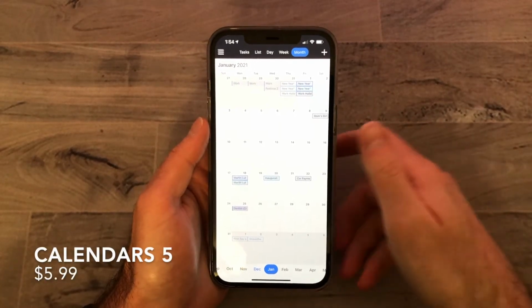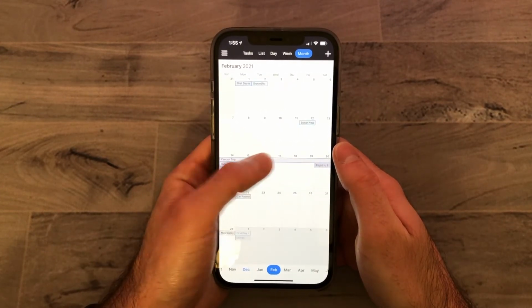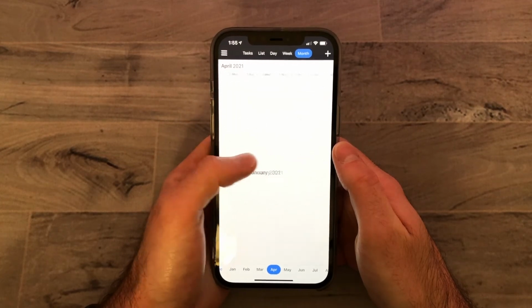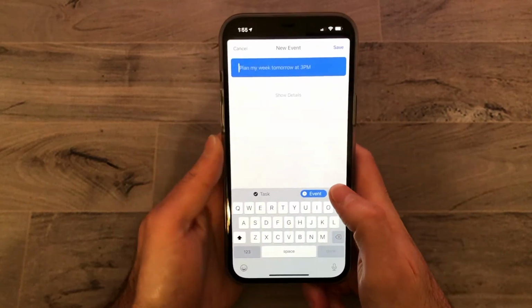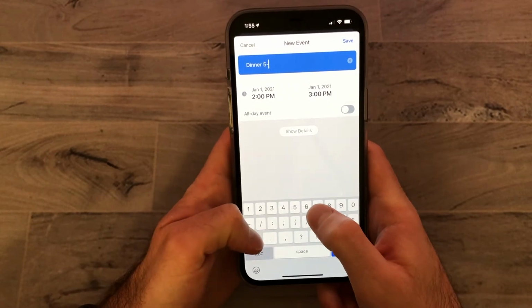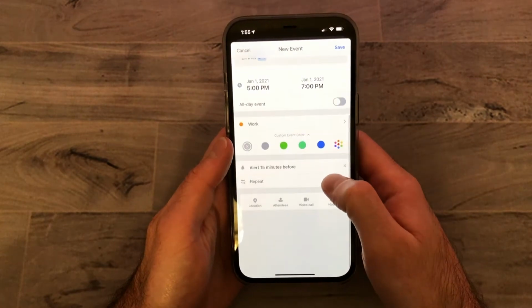So the next app in the list is my go-to calendar app, and that is Calendars 5. I really like how Calendars 5 has a bunch of different view options like weekly view, monthly view, day view, list view, and task view, so you can see your appointments and things like that in different ways. And what's also cool about Calendars 5 is that it has natural language recognition, so you can go ahead and type in dinner and then a time, and it'll go ahead and put that in on a specific day at